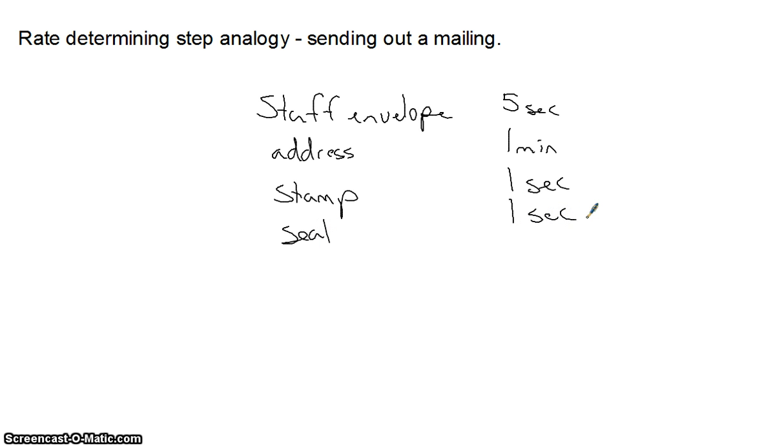Okay, so for sending out this mailing, if I was doing it by myself and I want to know how long it is going to take, I would add up all the times: 5 seconds plus 1 minute plus 1 second plus 1 second. Okay, and so I get 1 minute, 7 seconds. And I would multiply that by the 100 or whatever mailings that I had to do. Now, however, in a reaction, it does not matter how long all of the steps take,